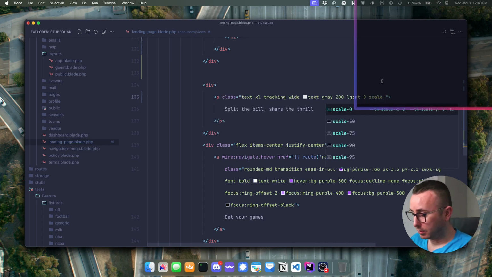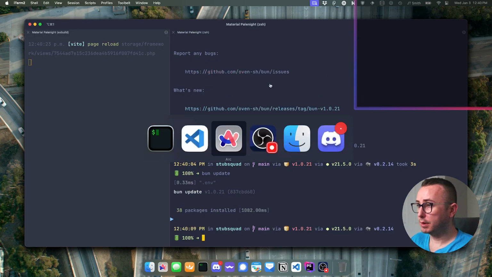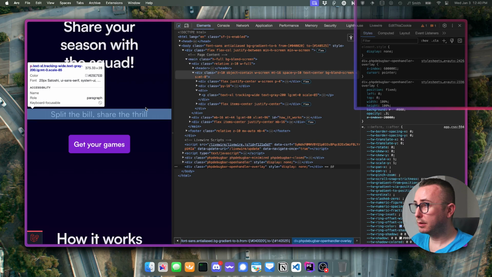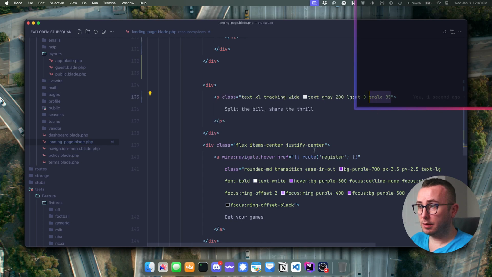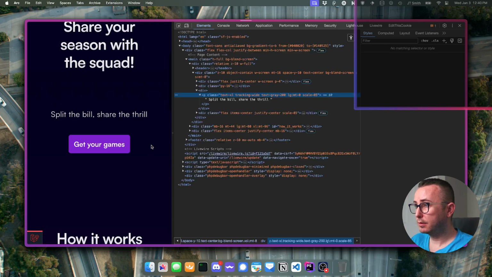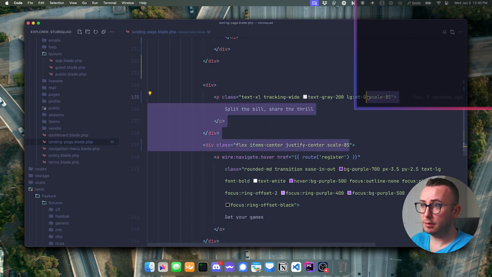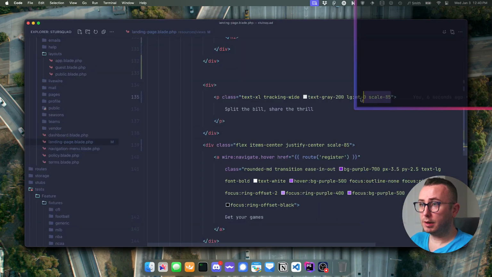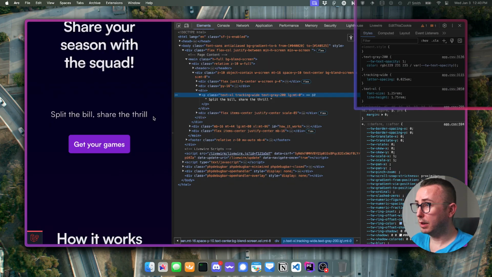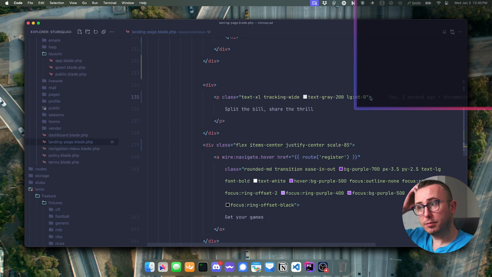Yeah, so I mean, we can try scale 85 just to see if it makes a difference. I don't think it does. It actually might. Scale 85, we can go scale 85 here. No. If we take this off, yeah, nothing changed. Okay, so then we'll just have to go the old-fashioned way of saying